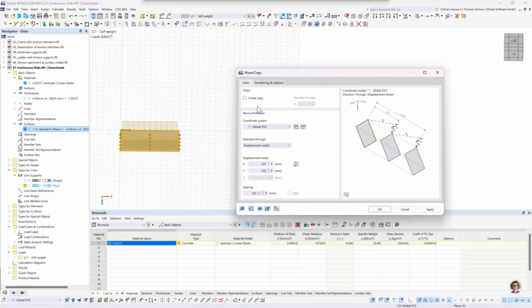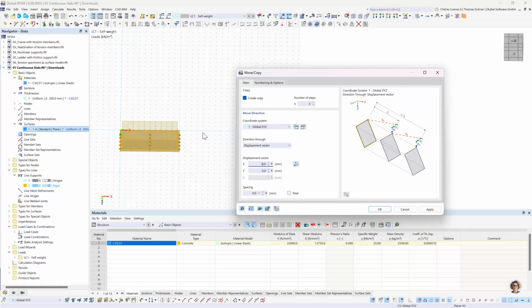Let's click here and let's also check this create copy button, which is really important. The next step, we're going to copy it 3 times. We have a length of 10 meters. Then I want to have a space of 5 meters, and then there should be the next system. So we will